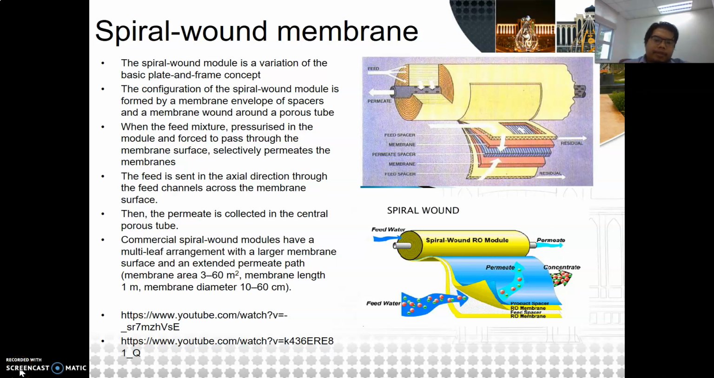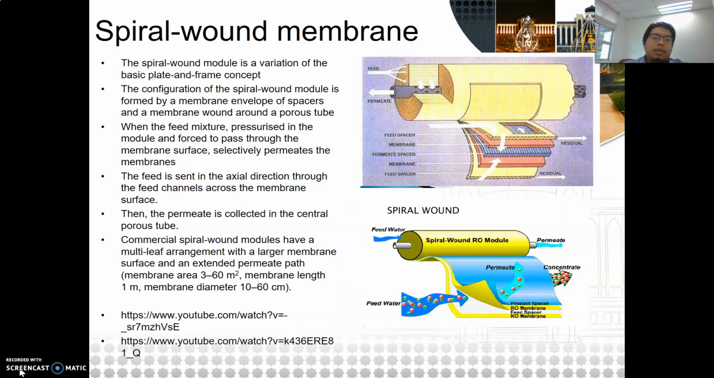Hi, let's further discuss the membrane separation process. Now we would like to look at the spiral membrane. What is the spiral membrane? Spiral membrane is a type of membrane technology that has been used in the treatment of water, especially, and also